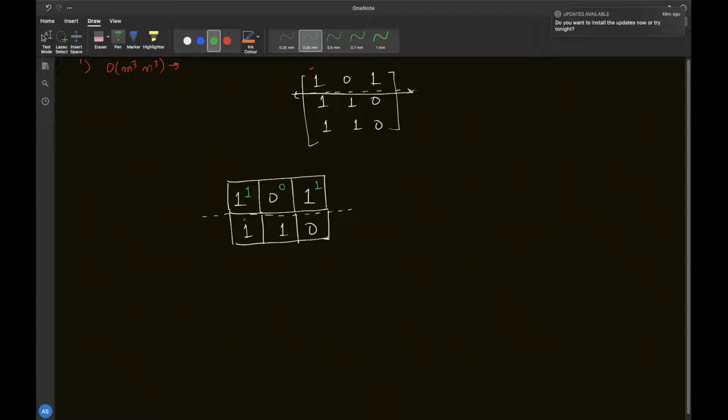So if I start for this top left corner, then I can form two rectangles. One is this and one is this, right? So I can form two rectangles. And then if I go to this here, then I can form only 1, and here I can form only 0, right? Now similarly, let's add the third row as well.